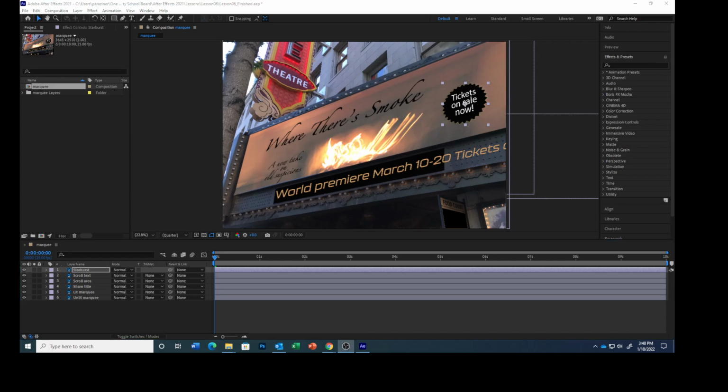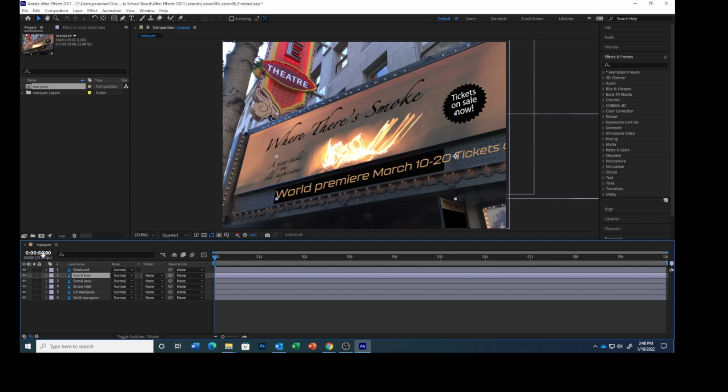We are now going to learn how to use a track mat to confine animation. Text should scroll across the bottom of the marquee, but only in the black field. We'll animate the text and then create a track mat to confine it to the designated area so it appears to be an electronic ticker. The text should start scrolling after the marquee lights up, and it should continue scrolling until the end of the clip. So on the timeline panel, select the scroll text layer,